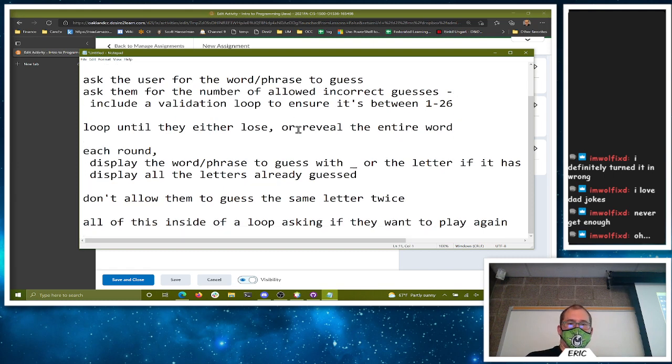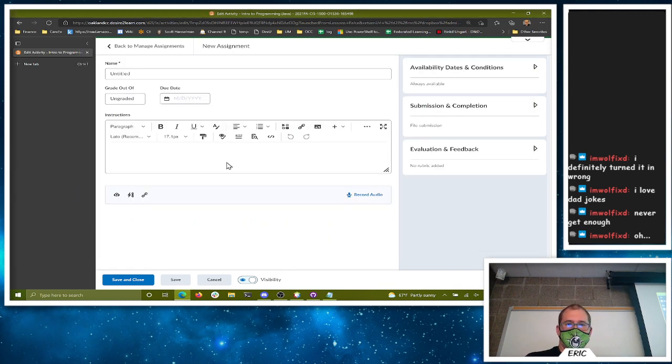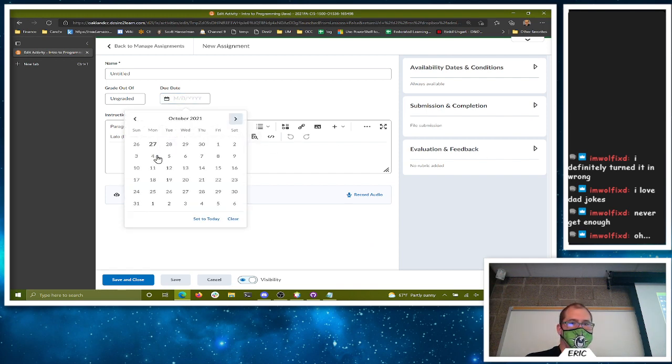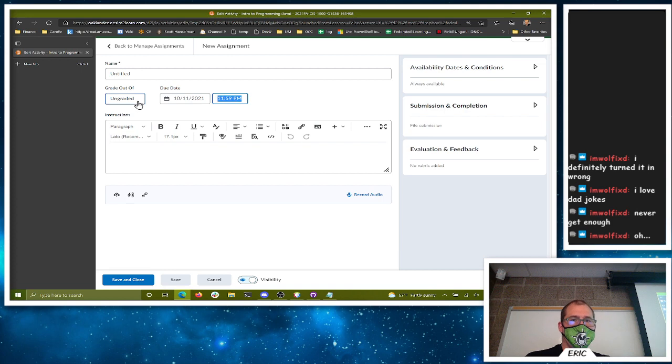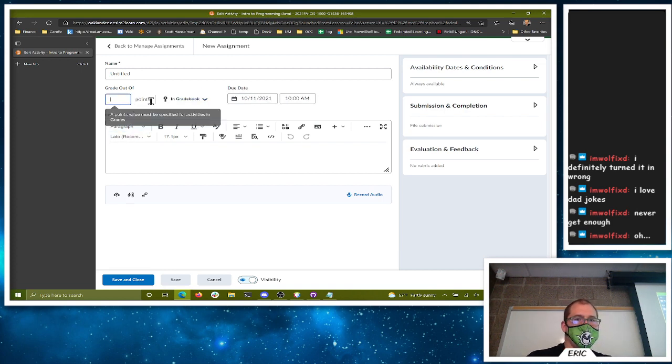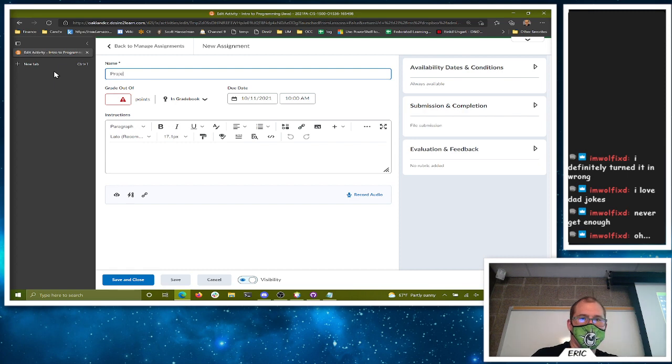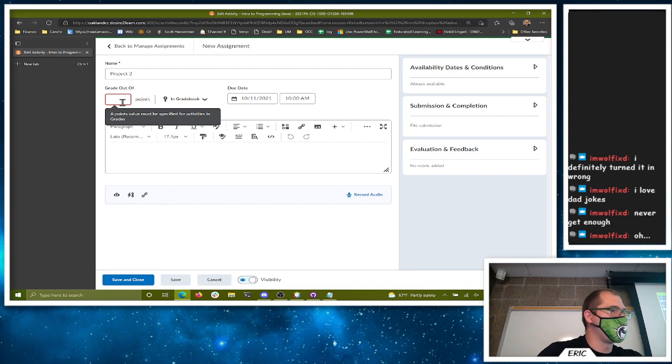Yeah, I think that ought to do it. Hey, it loaded. All right, so in 2 weeks, that puts us at October 11th, 10 a.m. This is project 2. I have to look and see how many points again, I think it was about 11 points worth.